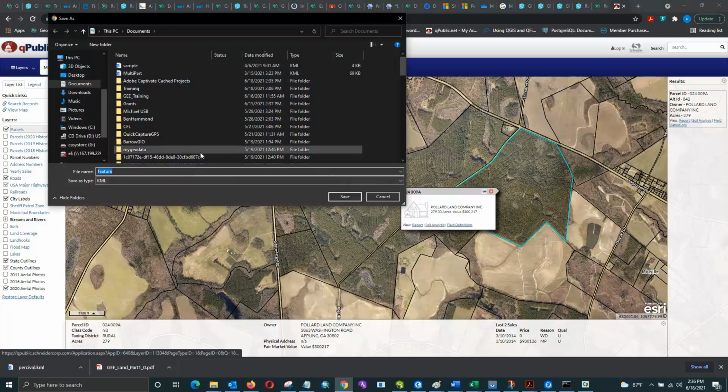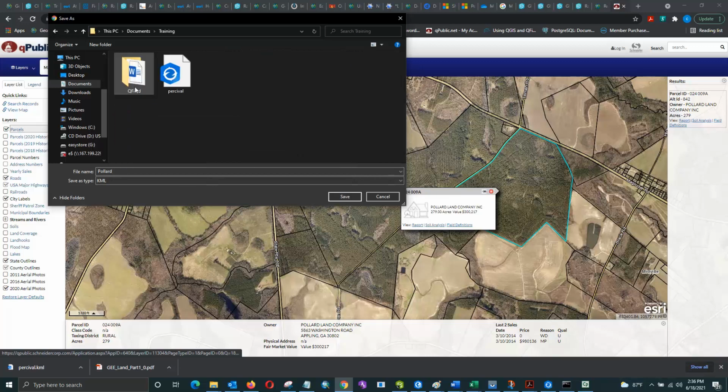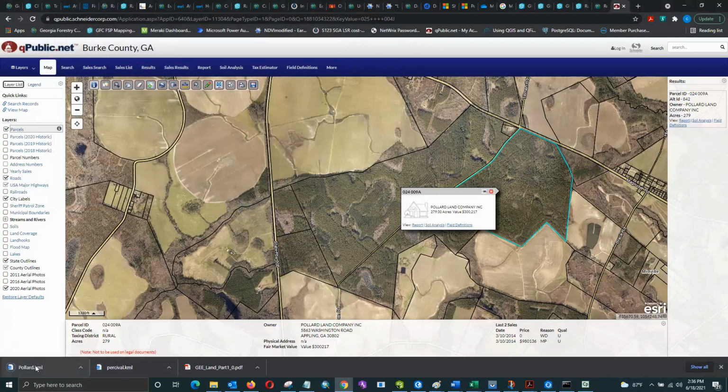It'll ask you where you want to save it, and we can name it after the landowner here. You see, we're going to save it in training. You see that saved as a KML, and you're going to have a link to